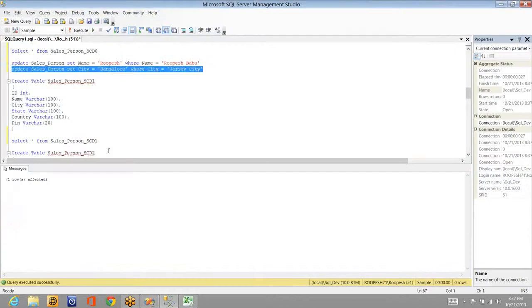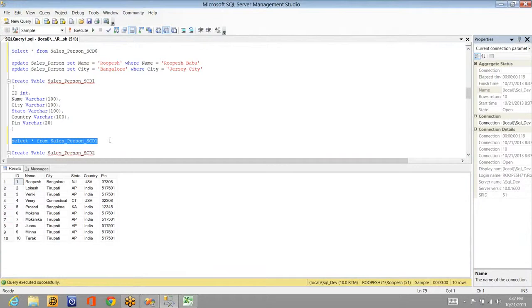Now, the problem is you can't track it. If you ask me Rupesh is from which city, you can say only Bangalore. You will not have the history of where he moved from, where he was working earlier. So the only record you can get is Bangalore, right? You are overwriting the destination. You are not creating a new record, or you are not trying to maintain the history of the particular person or particular product. So this is the problem with the type 1 SCD.